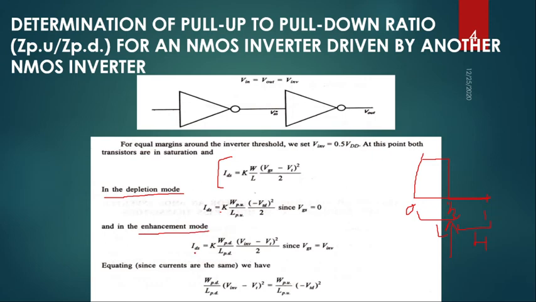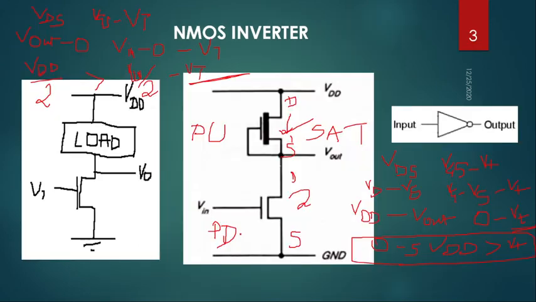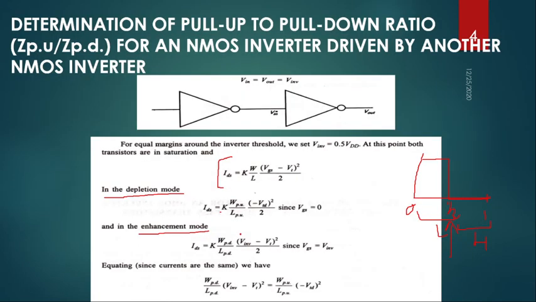Similarly, for enhancement mode, the current equation will remain the same for saturation. What will be the difference? K will be constant, WPD upon LPD, because the enhancement load transistor is in the pull down network, so it will be WPD upon LPD, and VGS is V inverter. Here it is given V inverter, it is equal to V in is equal to V out. So V inverter is the VGS minus VT whole square upon 2, and since VGS is equal to V inverter,